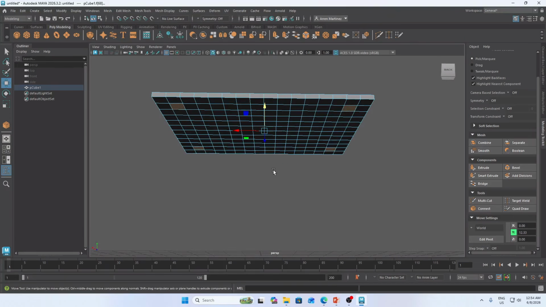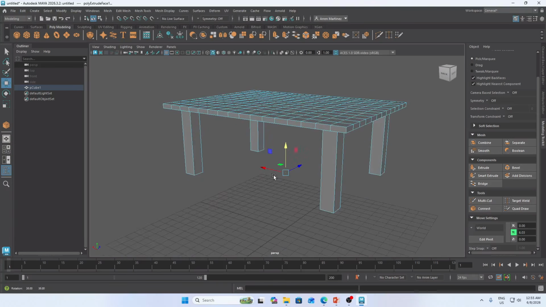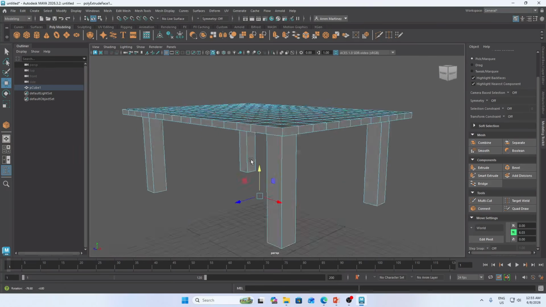Okay, for the extrude, hold shift, navigate your cursor to your arrow, and then click and drag it down. So this will be your very first 3D model.